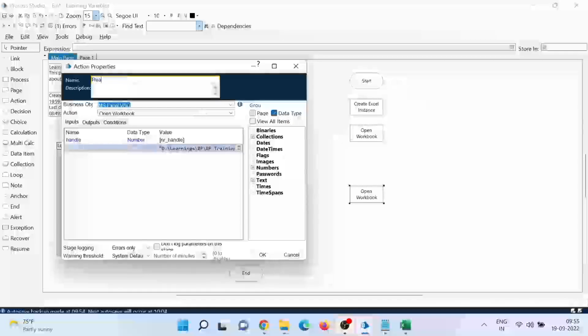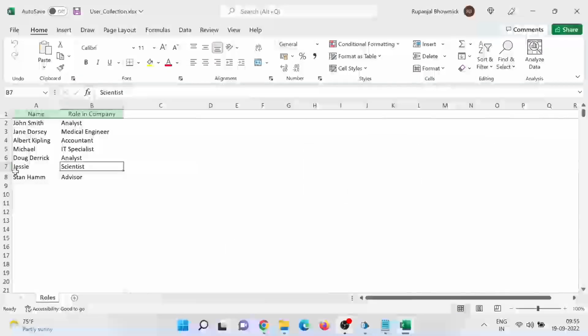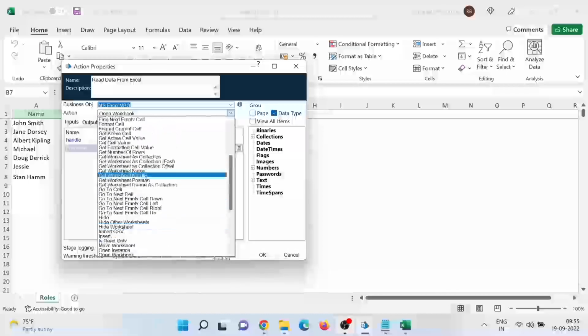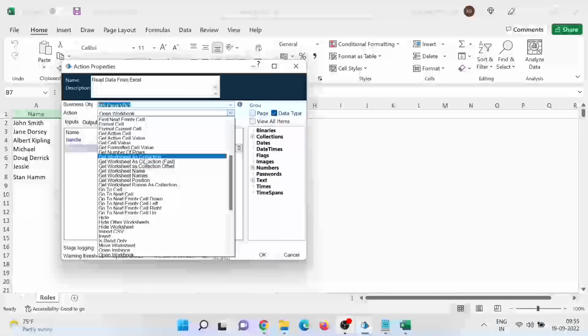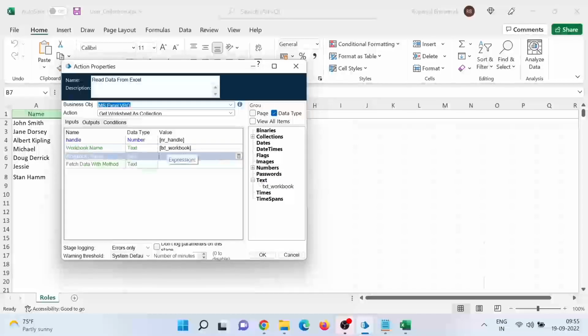Read data from Excel. Okay, so we are going to read this whole data from the sheet named roles. It will actually not be read, but there's something called get worksheet as collection. What you do is, first is the handler, second is the workbook name. Now the worksheet name, we already know it is roles, right? Fetch data with